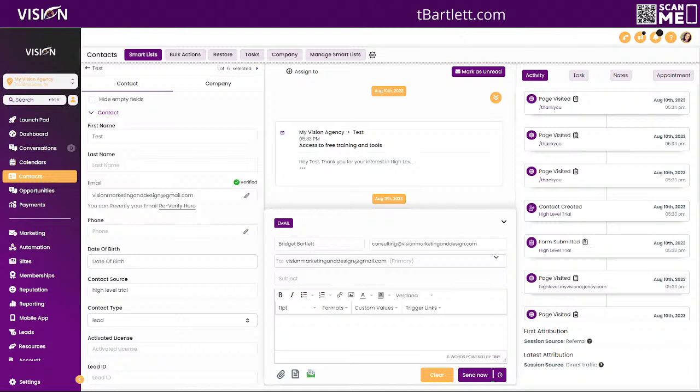Let me go back here. Let me find my screen I'm looking at. So this is why this is so important. When I'm logged in to the same sub account, and I'm logged in as app.gohighlevel.com, you'll see when I go to send an email here that it actually pre-fills in the email address that I'm logged in as. And that's the